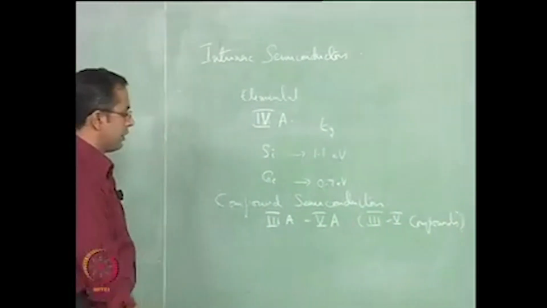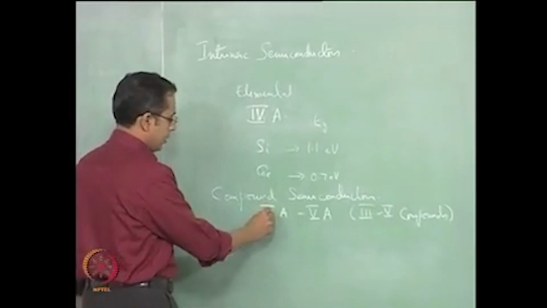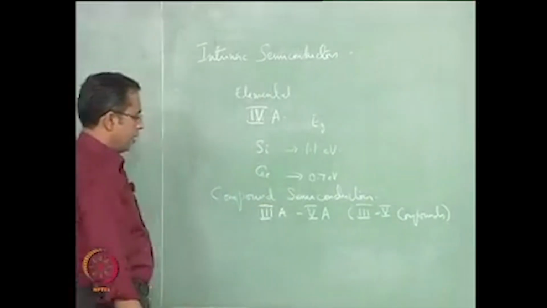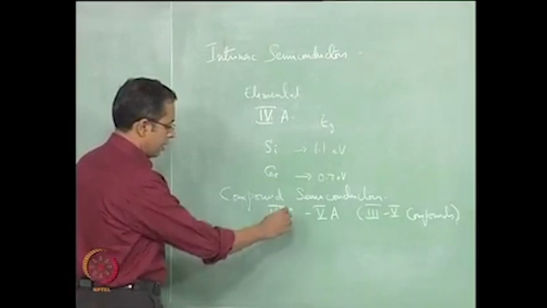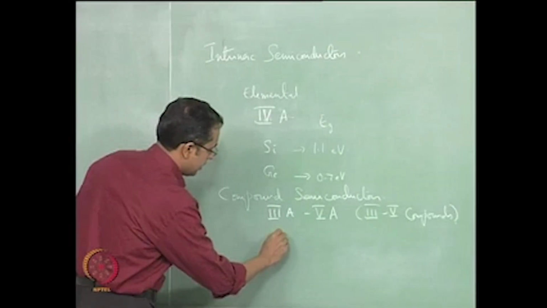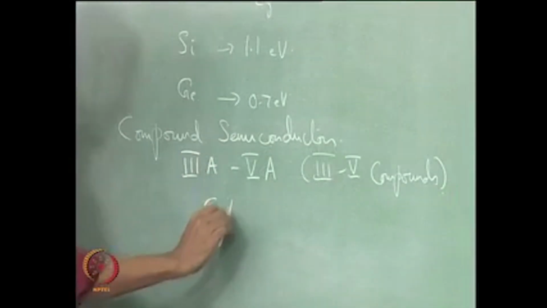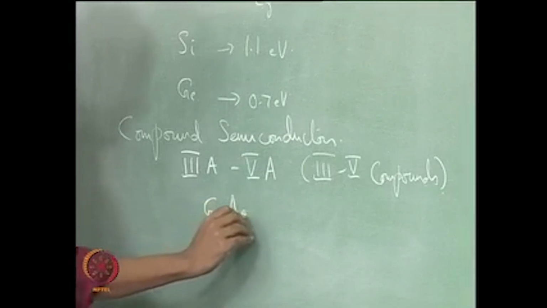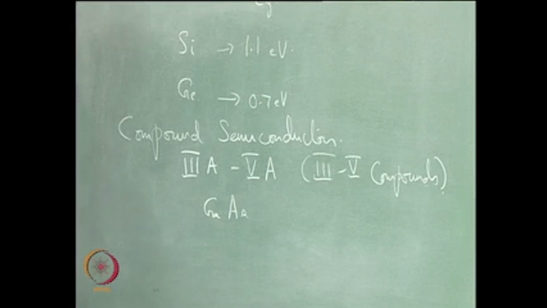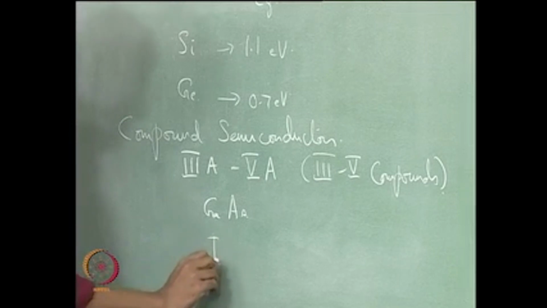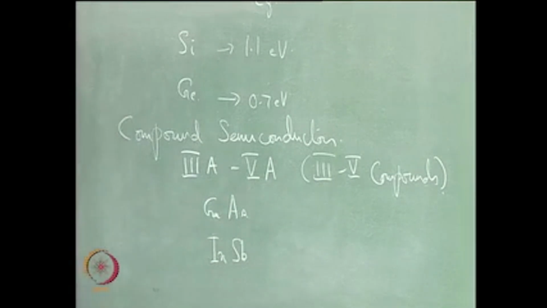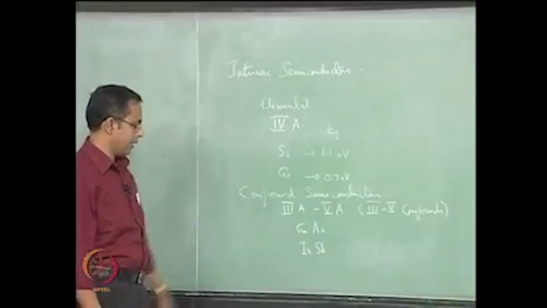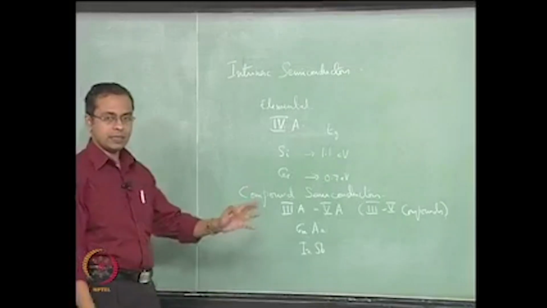An example would be gallium arsenide, or we could also have indium antimonide. These are compound semiconductors, but they are intrinsic in nature, so their behavior response is really